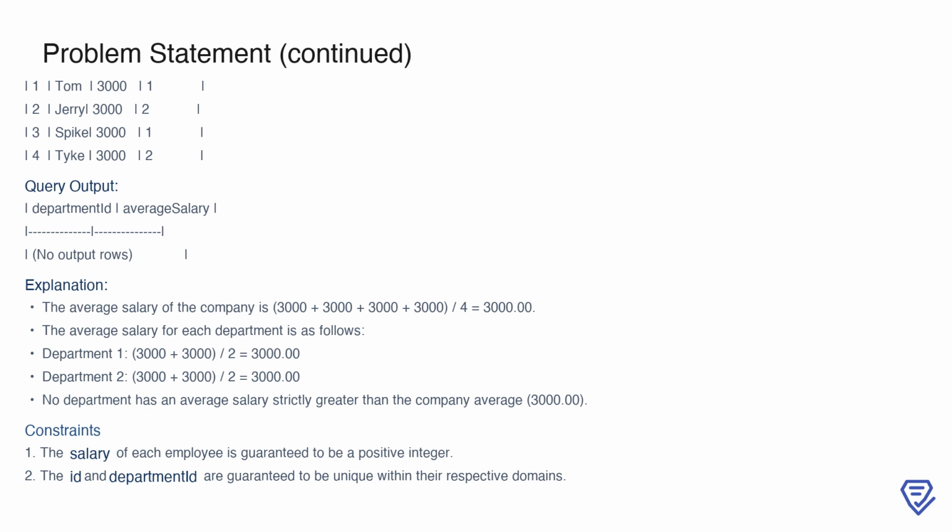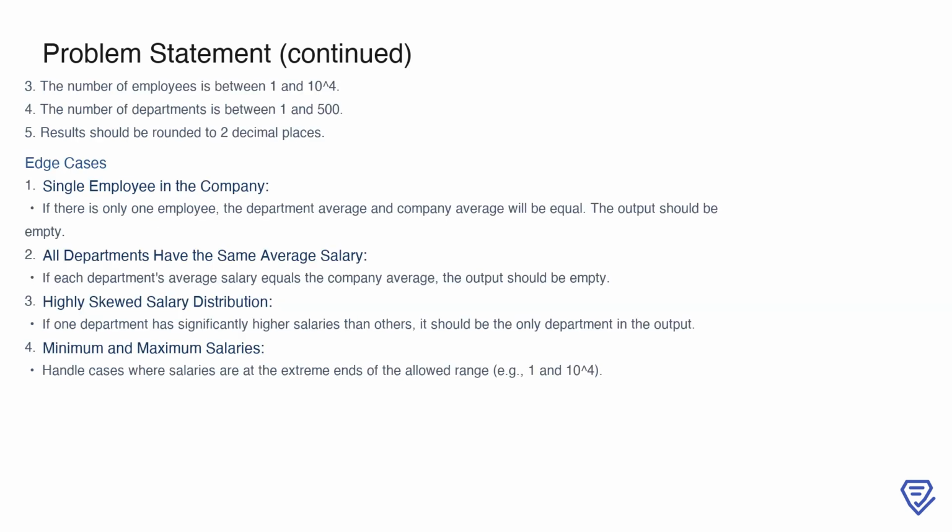This demonstrates that if no department surpasses the company's average salary, the result will contain no rows. This scenario highlights the importance of the strictly greater than condition in the problem. The problem also specifies several constraints and edge cases to consider. The constraints include a guarantee that all salaries are positive integers, IDs are unique, and the size of the data